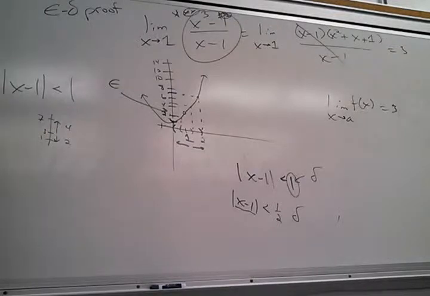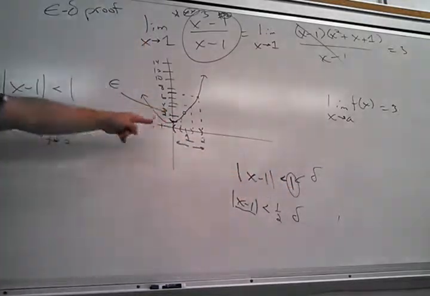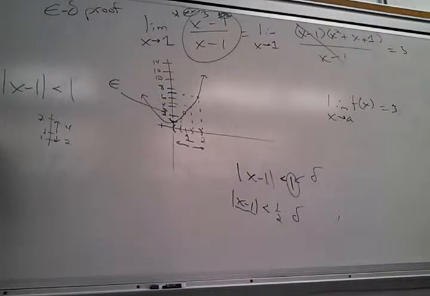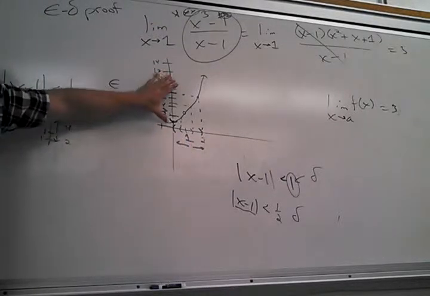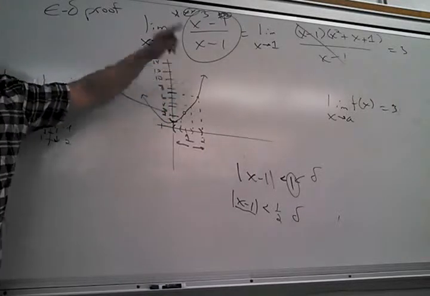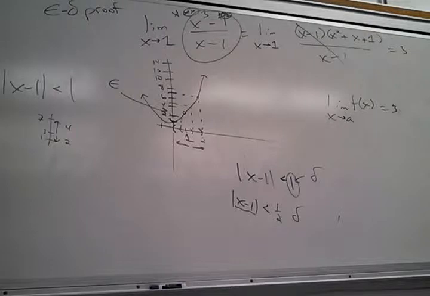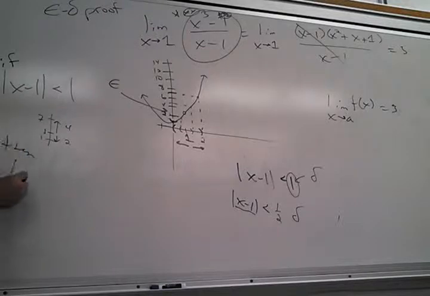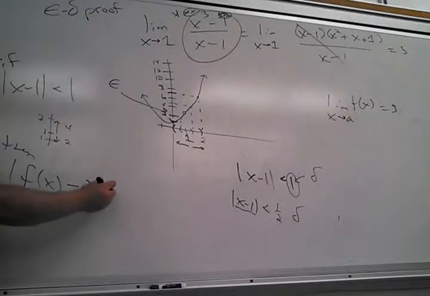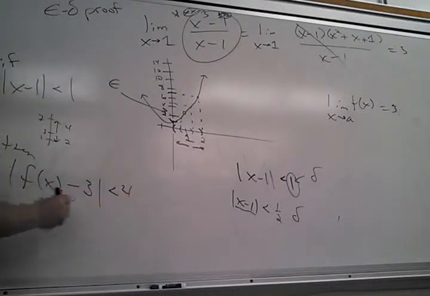So I want this statement to be a guarantee. You're guaranteed to be within how much if you're within 1 of an input of 1. Let me say that one more time. If you're within 1 of an input of 1, how close are you guaranteed to be to the actual limit? 2? No, because I could be off by how much? 4. I could be off by 4, couldn't I? You guys with me? So if I can make this true, then my function is at most 4 away from the limit.